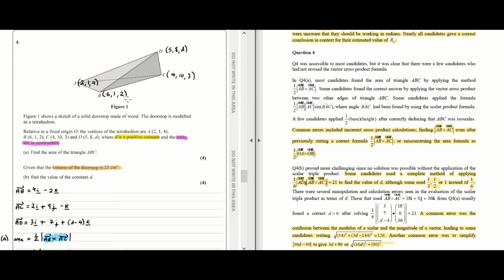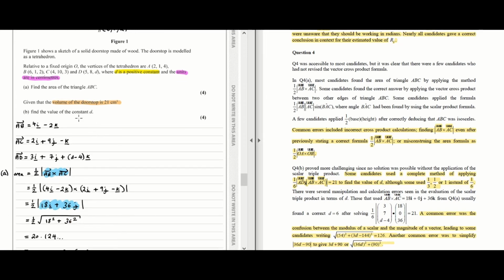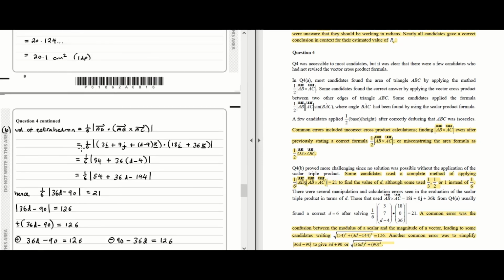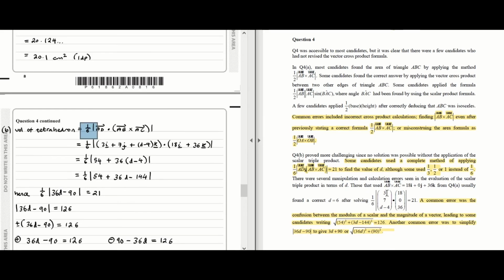For part B, that was more challenging than thought. A lot of candidates used a complete method of this formula over here to find D, but instead of using the 1/6, some used a third, some used a half, which was incorrect. But those that did use this bit over here and got onto this bit usually achieved the correct formula after getting to this stage. But there were some candidates who, once they got here, made some